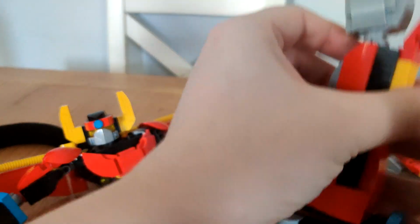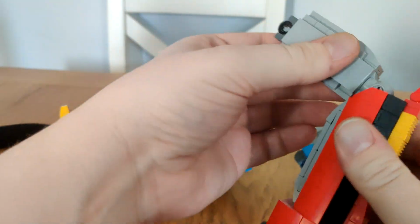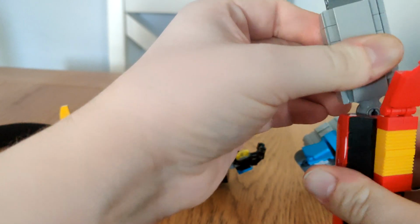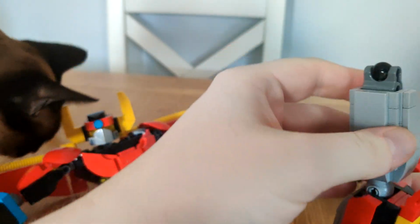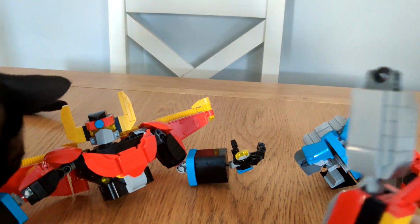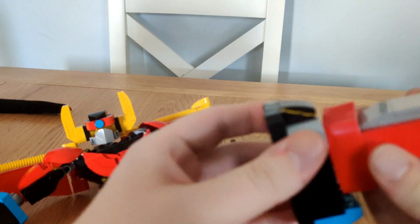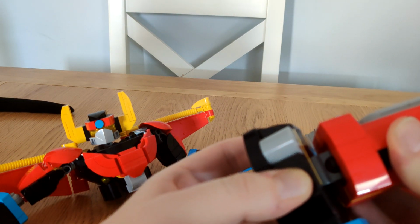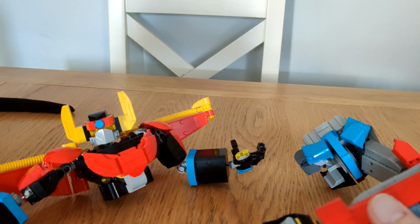So articulation, then. You saw what the hip could do. Full range at the knee. Full below the knee swivel. Evie's coming back into frame. The ankle then is as unrestricted as it was before. And it can...